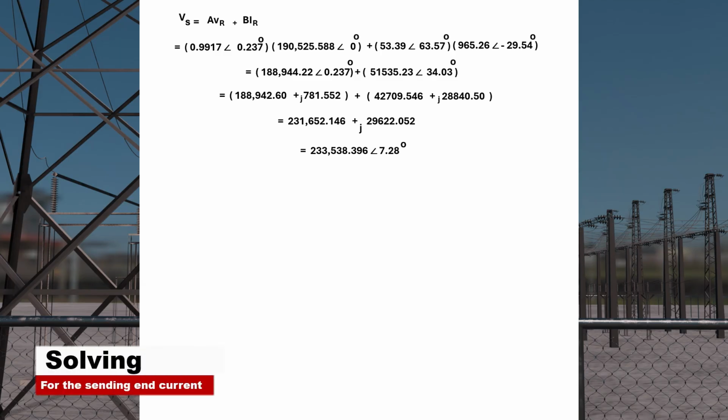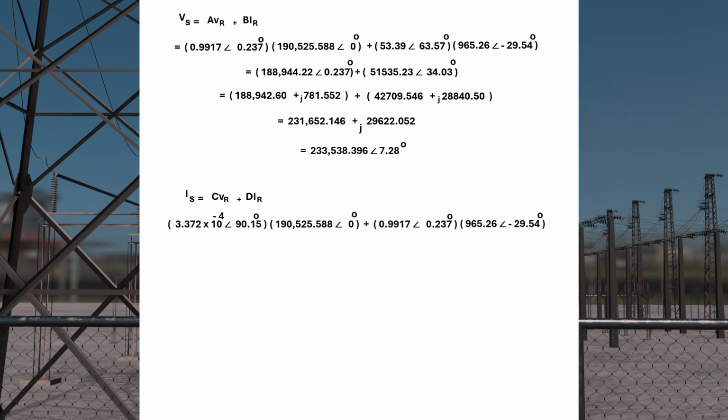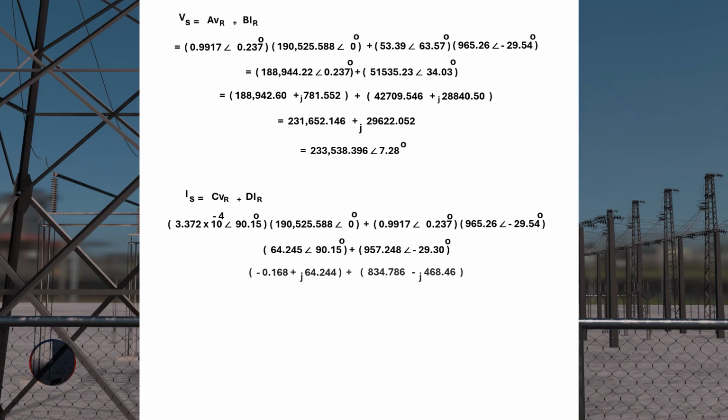The sending end current, Is, can also be calculated as Is equals C times VR plus D times IR. Substituting our values into the equation, we will obtain the following expression. Upon multiplying like terms, we arrive at the corresponding results. Since the terms need to be added, we first convert them to rectangular form. After conversion, the expression becomes this here, and when added, we have